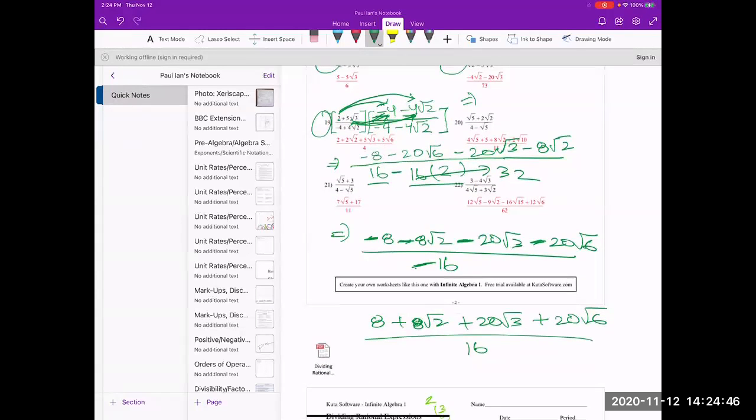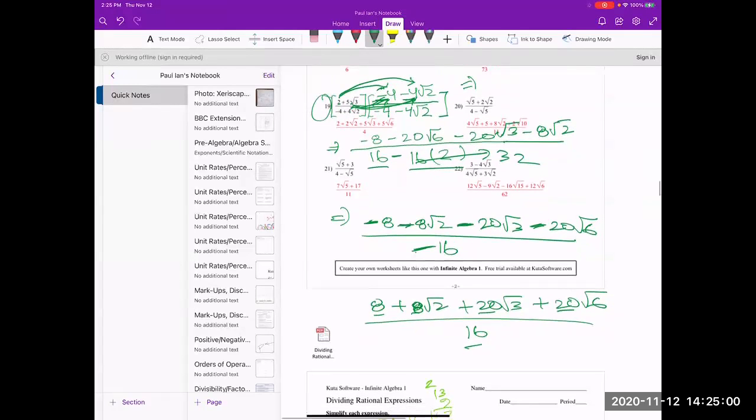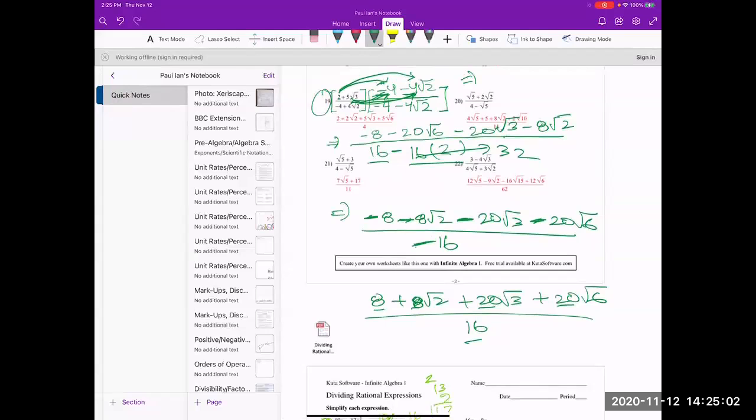And then you look at the coefficients here, 8, 8, 20, 20, and 16. They all have something in common, right? What is that? Divisible by 2. Or 4. Yeah, 4. So if you take out 4, just 4 from the top and bottom,